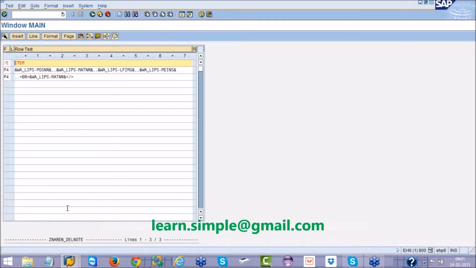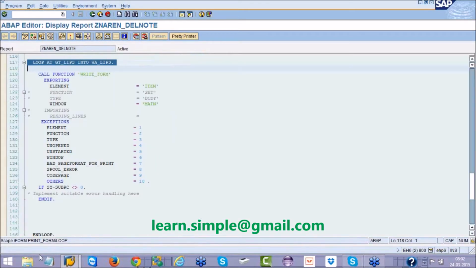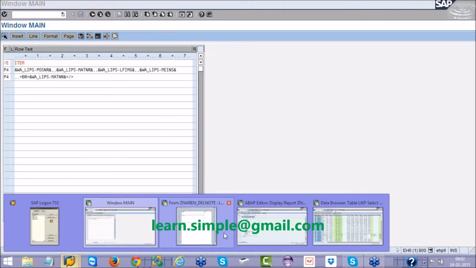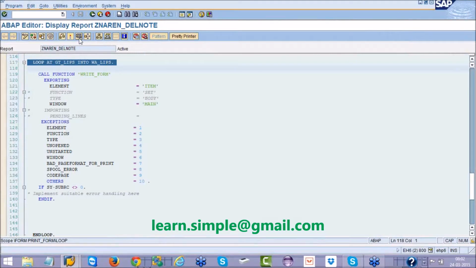Now I want to print the headings of this. Of course in this example the headings we have already printed, but say you have something to be printed only one time, even though you are inside the loop. You want to print something which should be printed only once, something like headings. See, these are the headings which we have already provided.